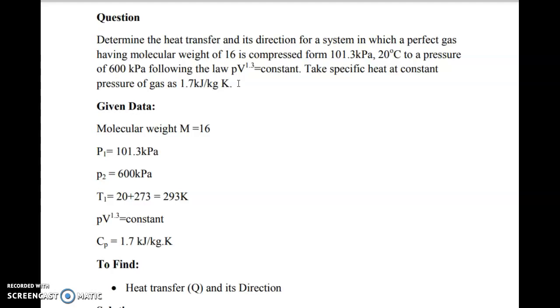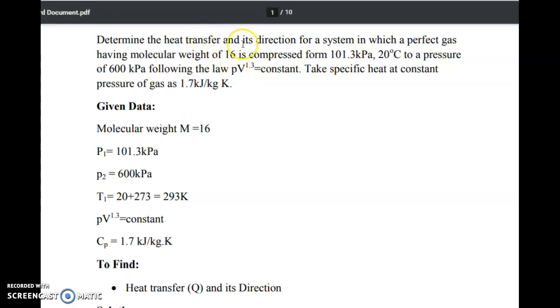If the gas is compressed, what about the heat transfer? So definitely during the compression process, the gas occupied volume will decrease. Whenever the volume decreases, automatically the pressure and the temperature of the gas will increase. So this is the result of the compression process. When you compress the gas, the pressure and temperature of the gas increases. So the temperature increases, automatically the heat transfer will happen from one place to another place. Right? Yes or no? So that is, we have to find out what is the heat transfer and its direction.